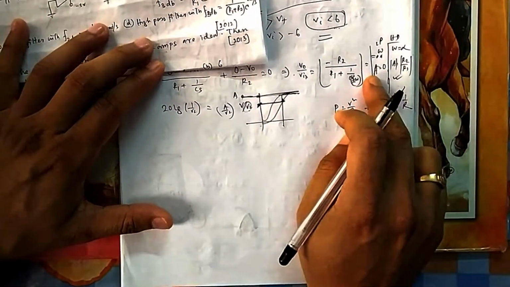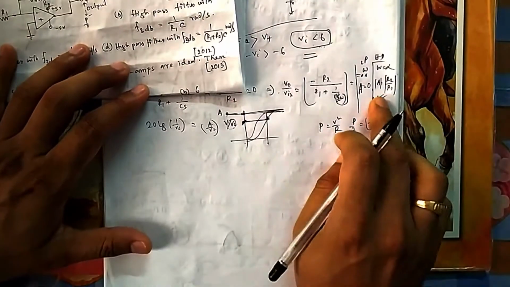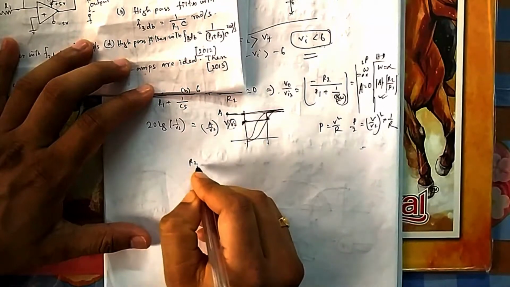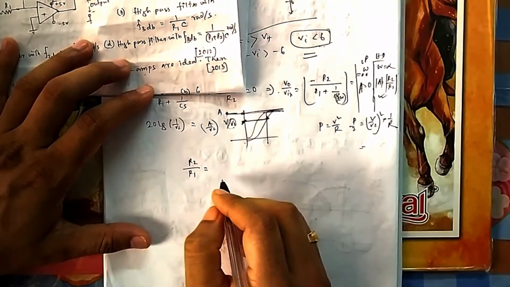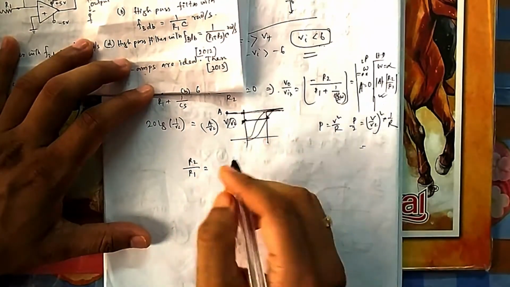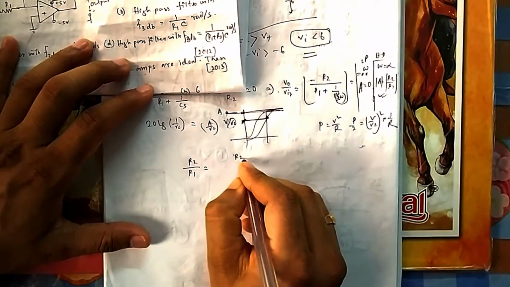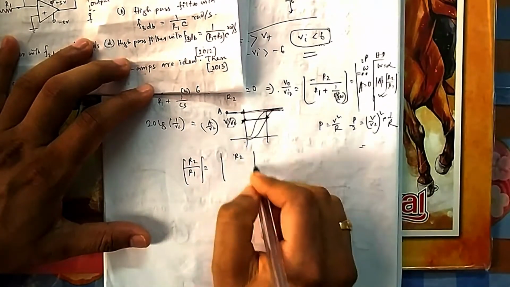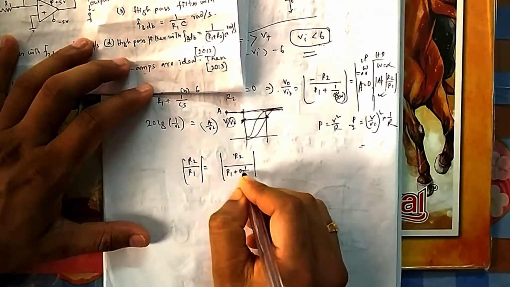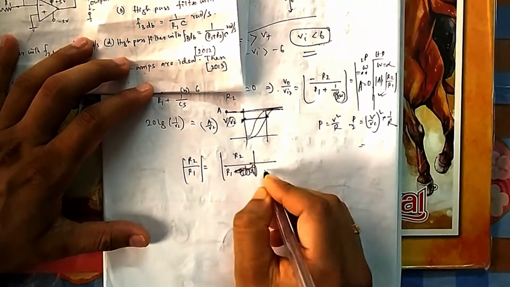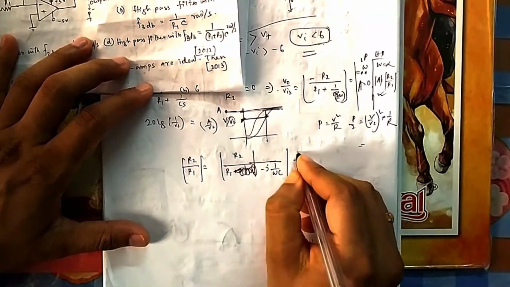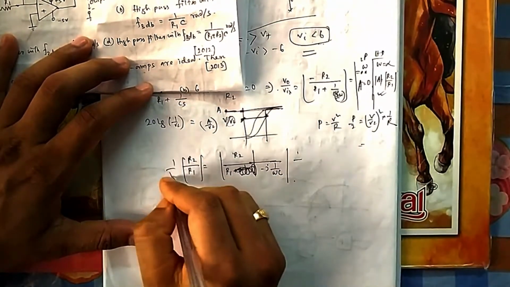So what is the gain here? What is the highest gain? Highest gain, you see, if you put omega equal to infinity, because it is high pass, the highest gain is R2 by R1. This is my highest gain, and at a particular frequency omega, I need to have 1 by root 2 times of it. That is the 3 dB frequency. Now I am only considering magnitude, so I am not writing the sign. And this is 1 by j omega c, for minus, 1 by j will be minus j by omega c. Both this magnitude and this should be 1 by root 2 times of this one.